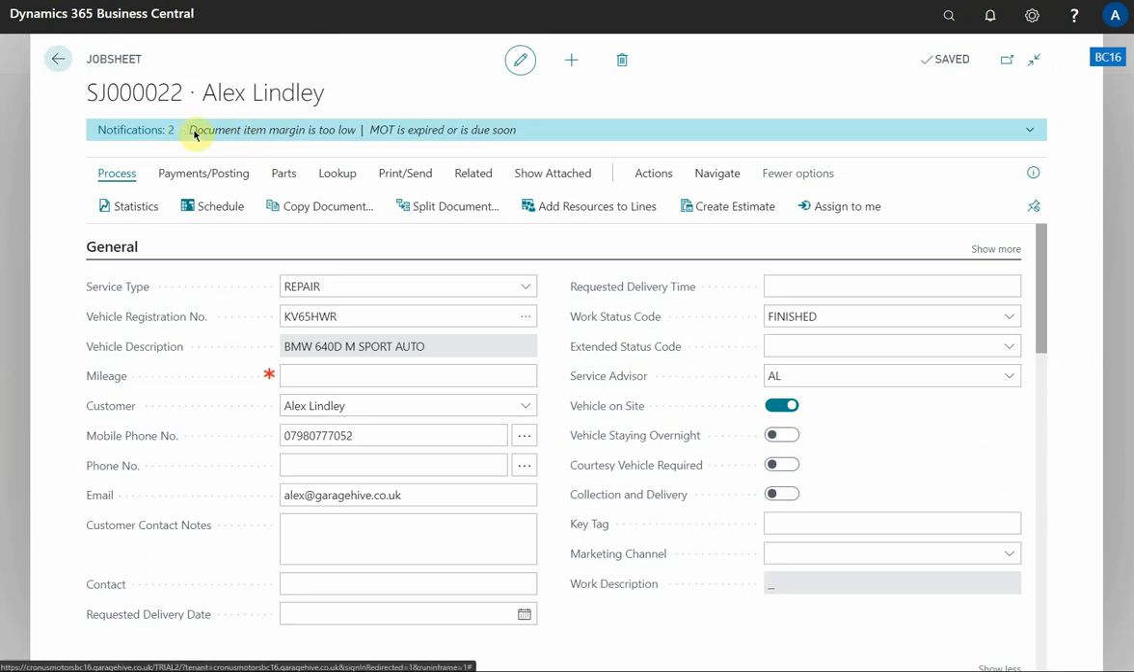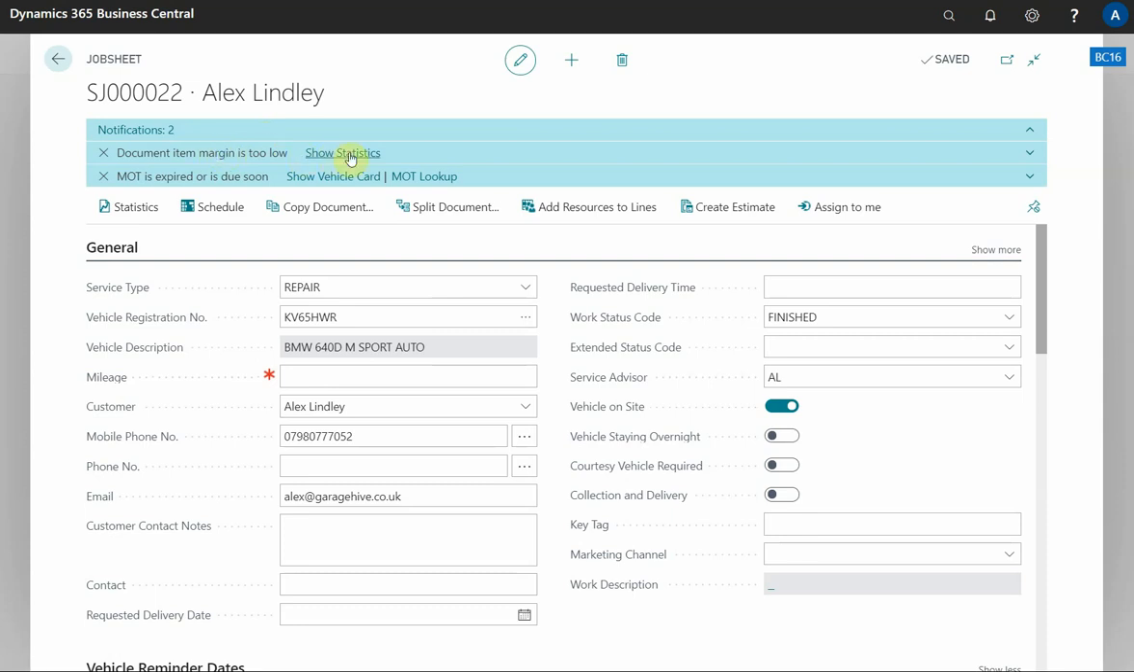And the notification, this document item margin is too low. If I click here, you can see it will actually take me through to the statistics window that we've just been in to actually see which part of the document isn't performing as we would expect it to perform. So the statistics button is available on all documents anyway. You don't need to turn it on, but if you want to enable the item margin notification, this is done